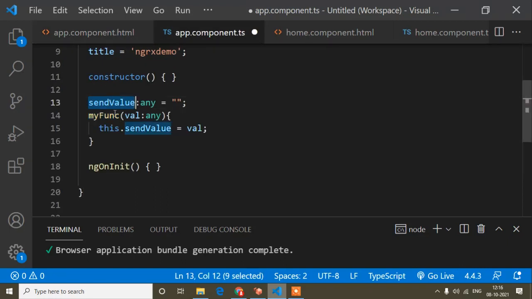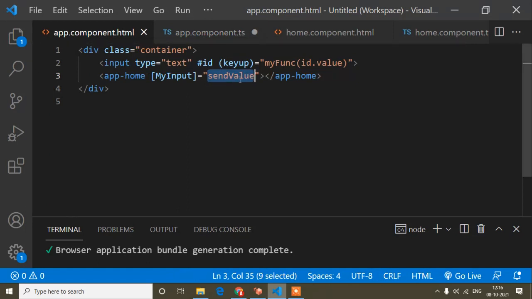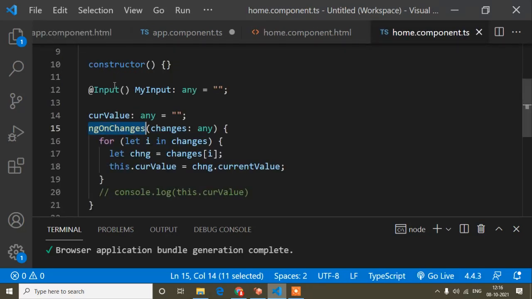You can see this variable, and I'm assigning the value in this variable, and after that I called this variable inside my input using square brackets, and this my input I called first of all here using the Input property. So that means I can access this input field in our parent component, I mean whatever data I send from the parent component, I can access in our home component, that is the child component. When we have this type of scenario, at that time ngOnChanges is executed.